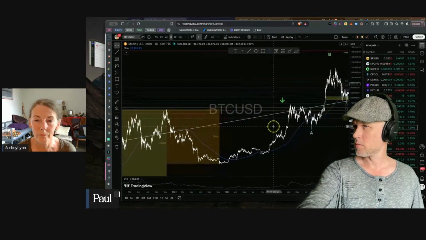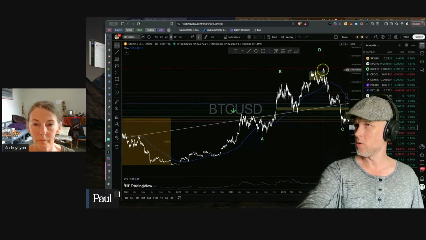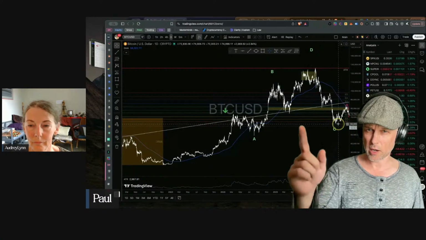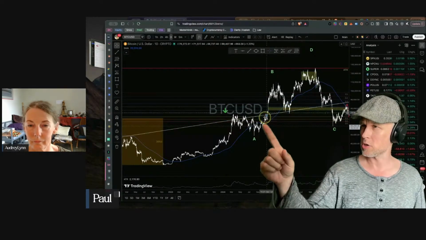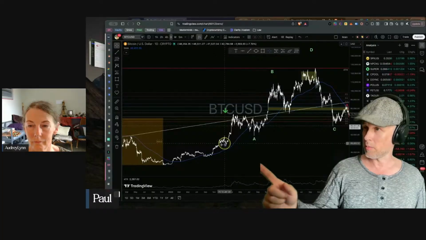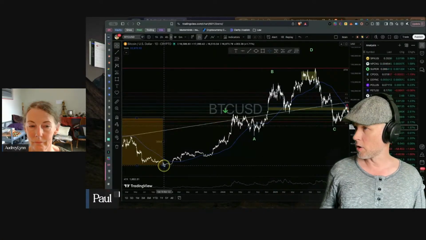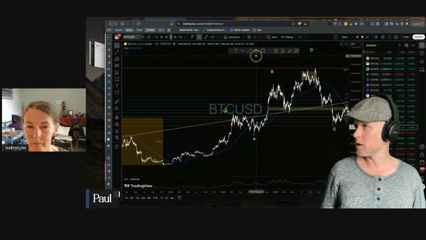And then we went upwards and created a new high before market structure got broken again. Remember, we talked about market structure. Oh, look, we were blowing this market structure. We had A, B, C, D, and now we're going back down again. So from this low here, the trend continued upwards all the way to this high over here.